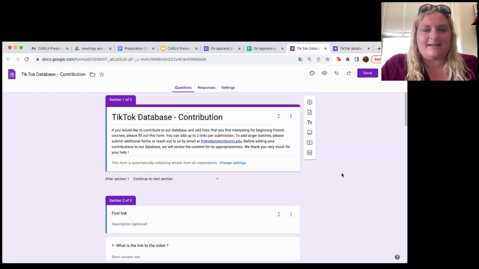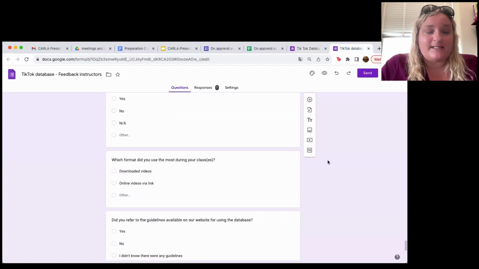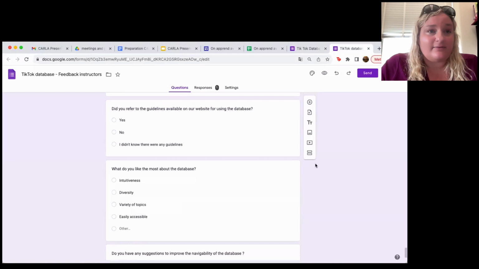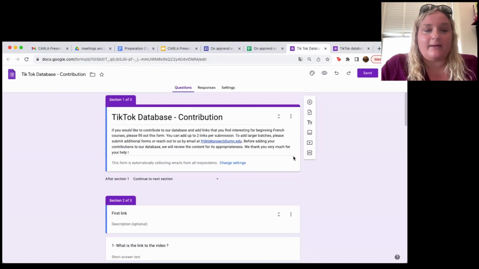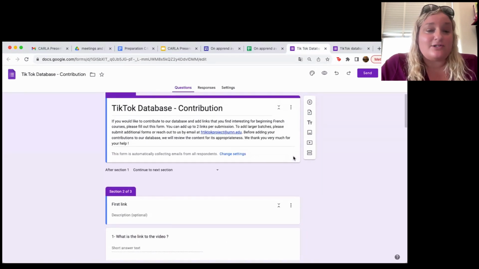And so basically we recognize there are lots of other niche things that you would put in a content class or that you would put in a higher level language class or methods class that maybe aren't represented here. There's so much out there. And so we're curious to know if you already do this, or if you get into this and you find some super resource that you think the rest of the community would really benefit from knowing, what this does is basically ask you to share the link.